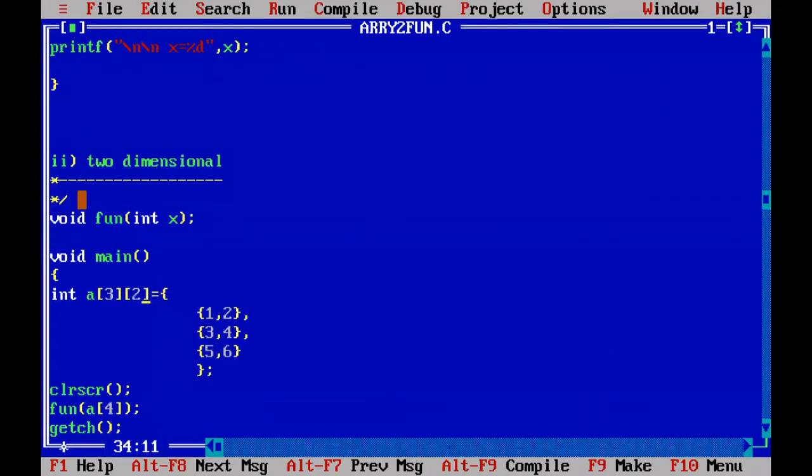Very good. So now you see the two-dimensional array contains 3 rows. First row, second row, third row, and first column elements are 1 3 5, and second column elements are 2 4 6. That means it is a 3 by 2, where it has 3 rows and 2 columns.